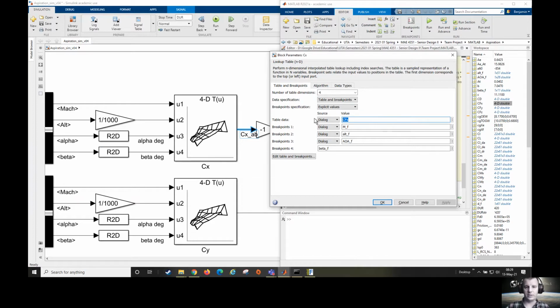So this is how you set this up. So these inputs here become the inputs on the block itself. So that's setting up lookup tables. If you have your own data, and as a quick note, if you want to build your own similar table for your own aircraft, if you're building one,